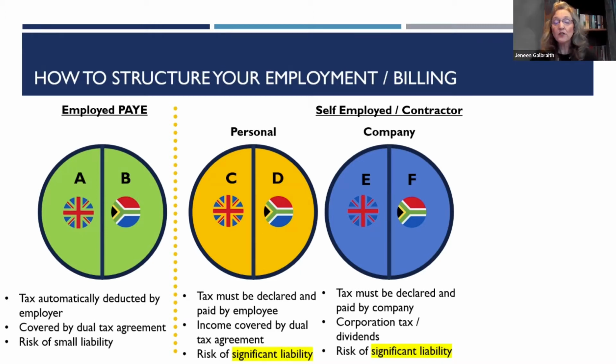Yes, correct. So let's just start with the option of a UK company. I have quite a few clients that I help with those, looking at their UK tax and their South African tax. But the important thing to note is that if you own more than 50% of the shares of that UK company, you start falling into what's called controlled foreign company legislation. And that's not good, because it takes the profits of that company and requires you to put them in your tax return in South Africa. So what you really have to do is have that company owned by, say, a trust. That would solve your controlled foreign company rules, and that can be a very good structure.